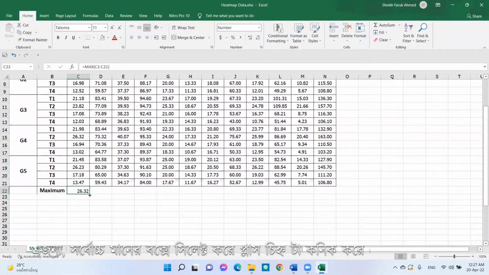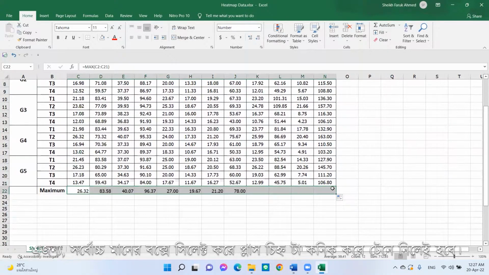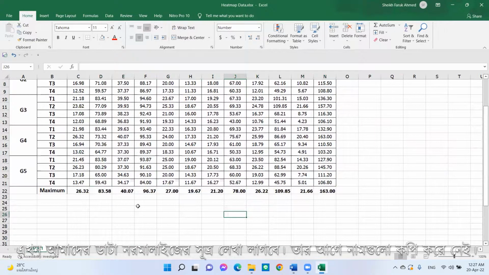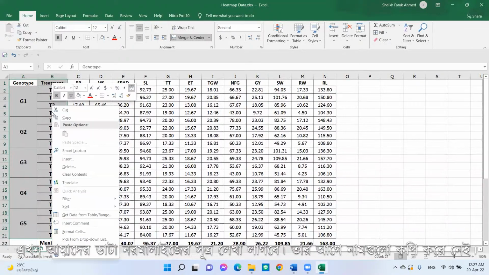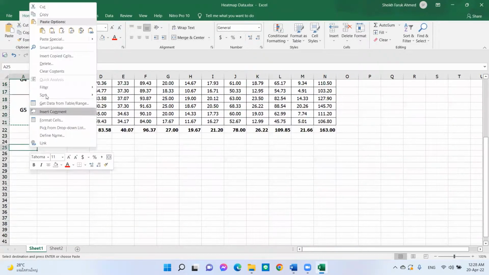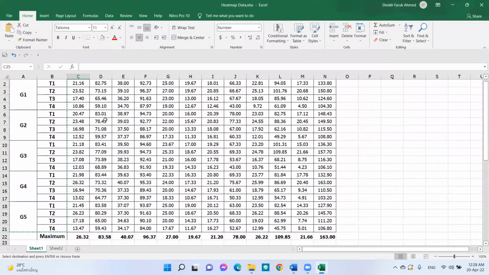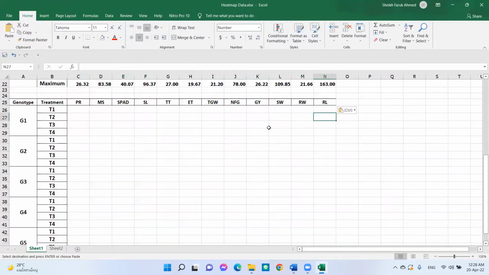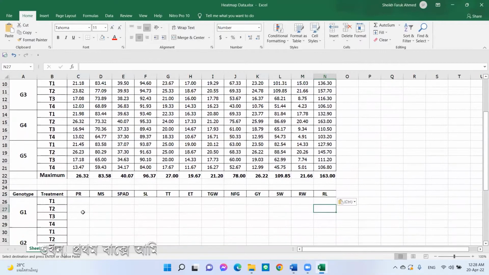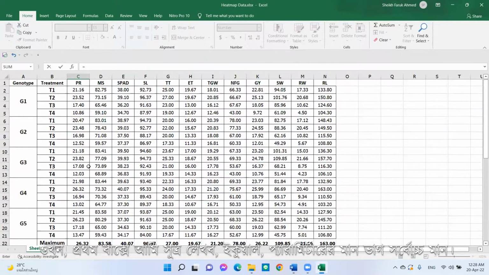To do that, simply just click the box, take the plus, click it and pull it across the row, and you will get all the maximum values of the other parameters. Now we have to write a formula to get the normalized data. So first let's copy the identifiers. Now in the first box I write the formula equal parameter value